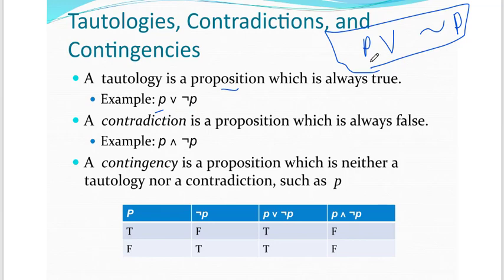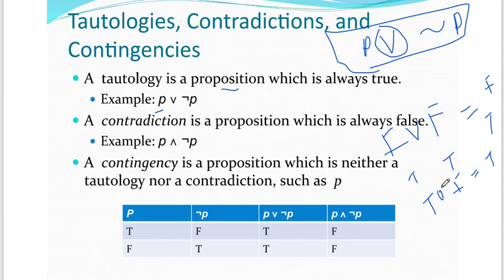Because when both are false, then false or false will become false. Either it will be true: if the first statement is true and the second is true, then it will become true. If the first is true and the second is false, then it also will become true. Why? Because it's OR. If the first is false or the second statement is true, then it will always be true.